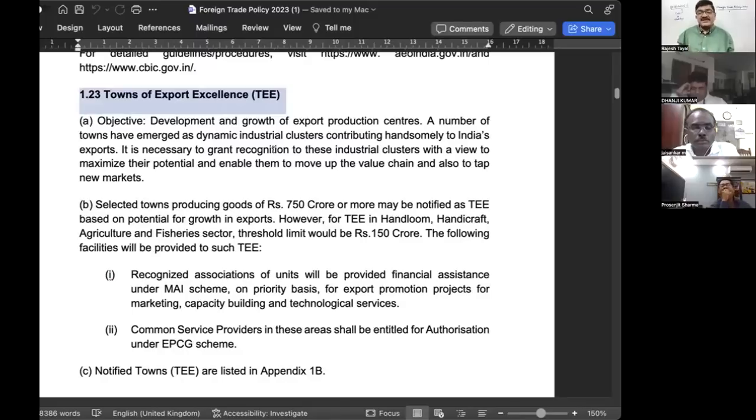अगर पोटेंशियल है, that is declared, then it may be declared as a town of export excellence. Condition क्या है? Selected towns producing goods of 750 crores. Export की बात ही नहीं कर रहे. What is the value of the production there in that town or city? Production is only 750 crores, very small amount,